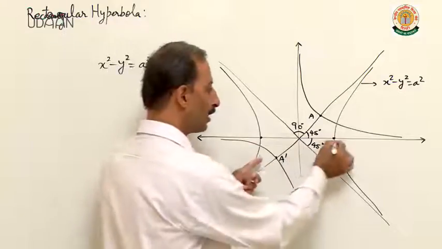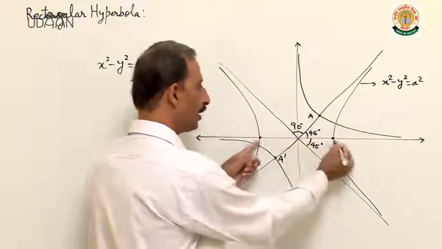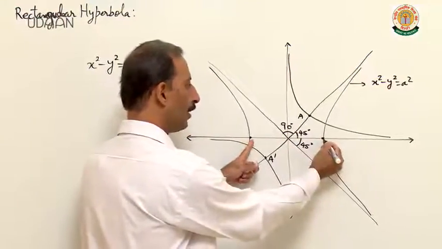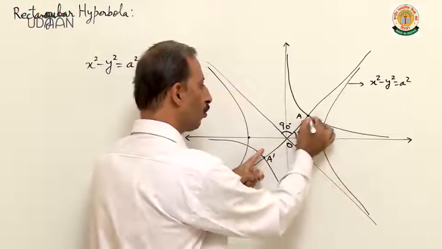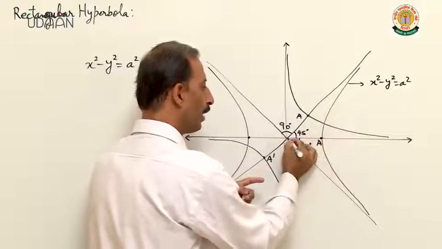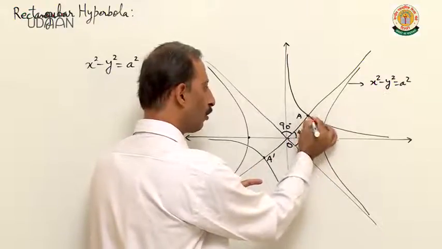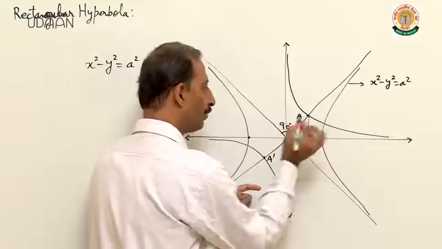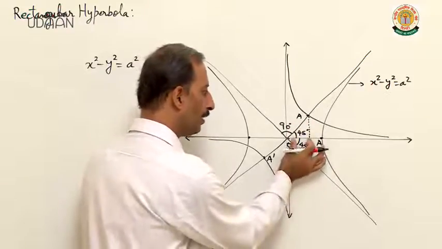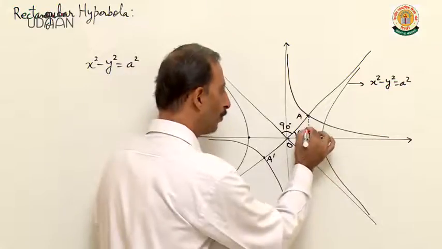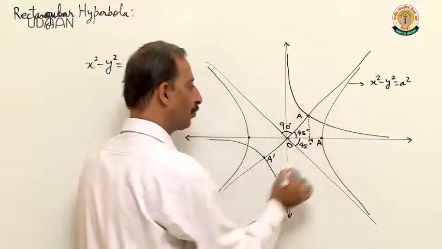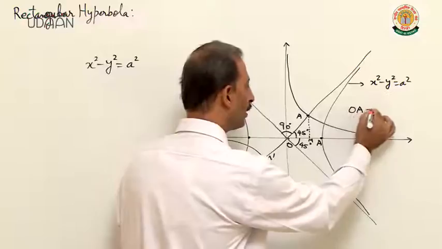Now you know, children, this and this, these are the vertices. Its length will be 2a. If this is the origin O, this is A. So OA, this length, you know is a. So this length is also a. If you draw the perpendicular from here, you can find this length and this length, say OM and MA. OA length is a.